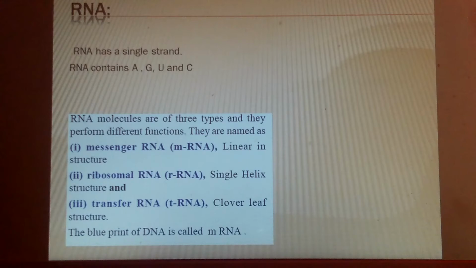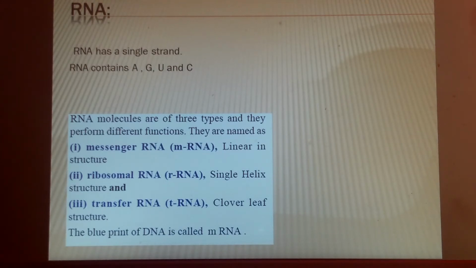Next, RNA. So RNA is a single stranded one. So there is not much confusion in the structures there. RNA is a single strand, that is nothing but a long chain polymer, and it is going to consist of the bases adenine, guanine, uracil, and cytosine. So thymine is not there. Thymine is present in DNA and uracil is present in RNA. So that is the very important thing you should remember.